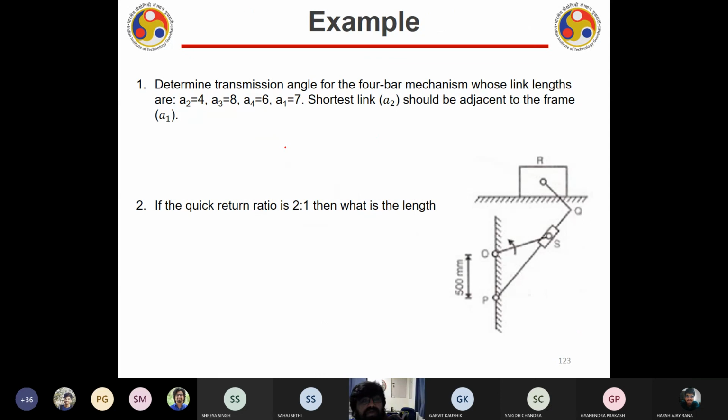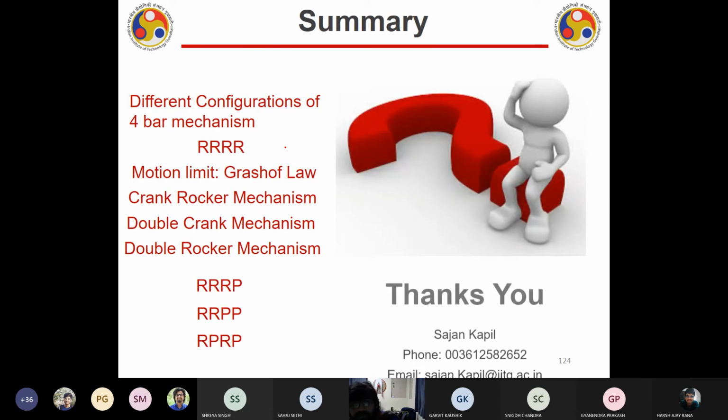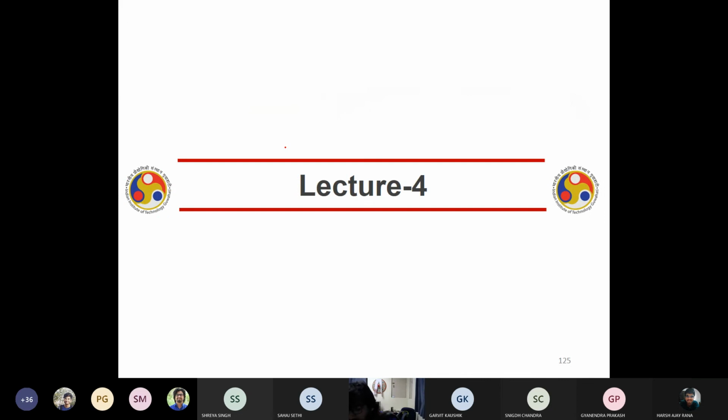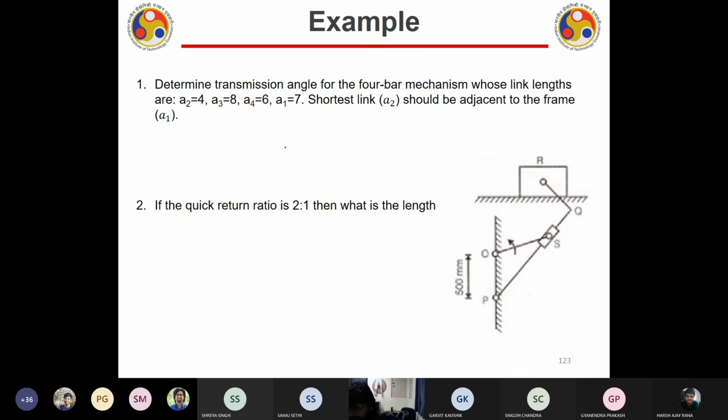Good you asked. Okay, now who will solve this problem? All of you have to solve this problem. This is the last thing, and then this particular lecture will be over. And in the coming lecture, we shall discuss some important mechanisms, and that will be the last lecture for module 1, most probably.